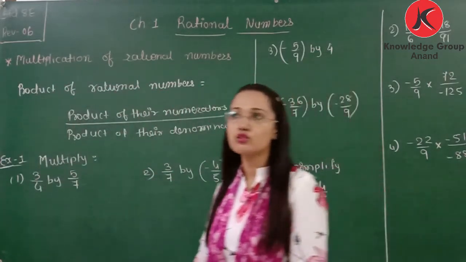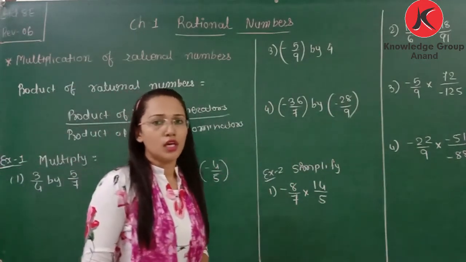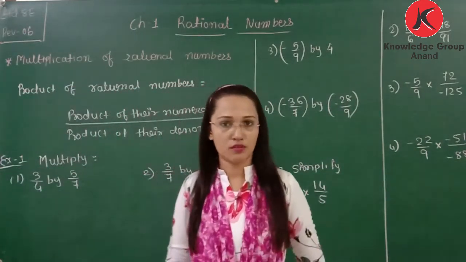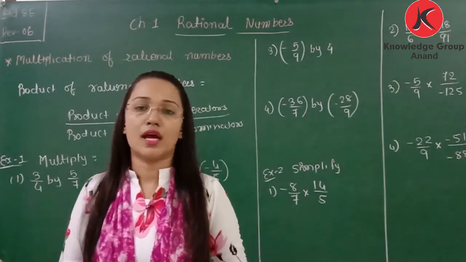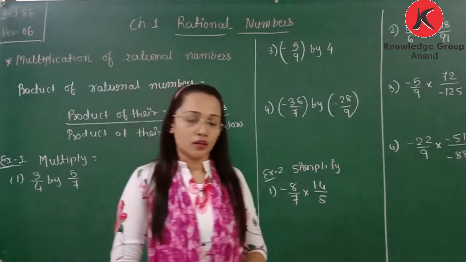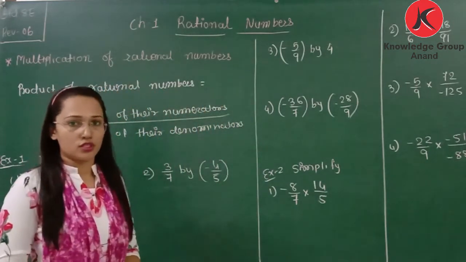Subtraction, and also we solved examples in which we need to simplify the expression. It means addition and subtraction are given and you need to simplify the expression, likewise what we performed in integers. Today we will start the multiplication of rational numbers.